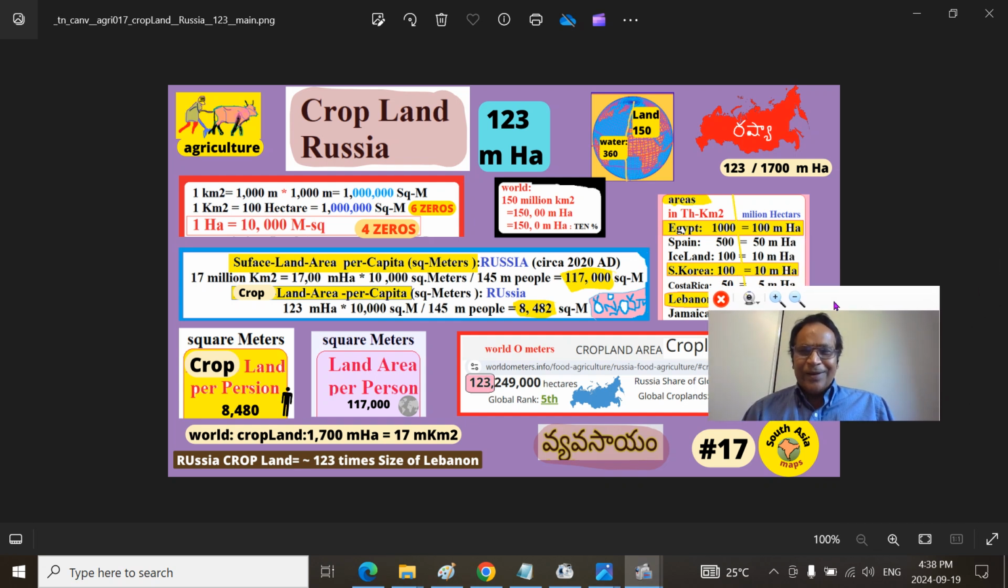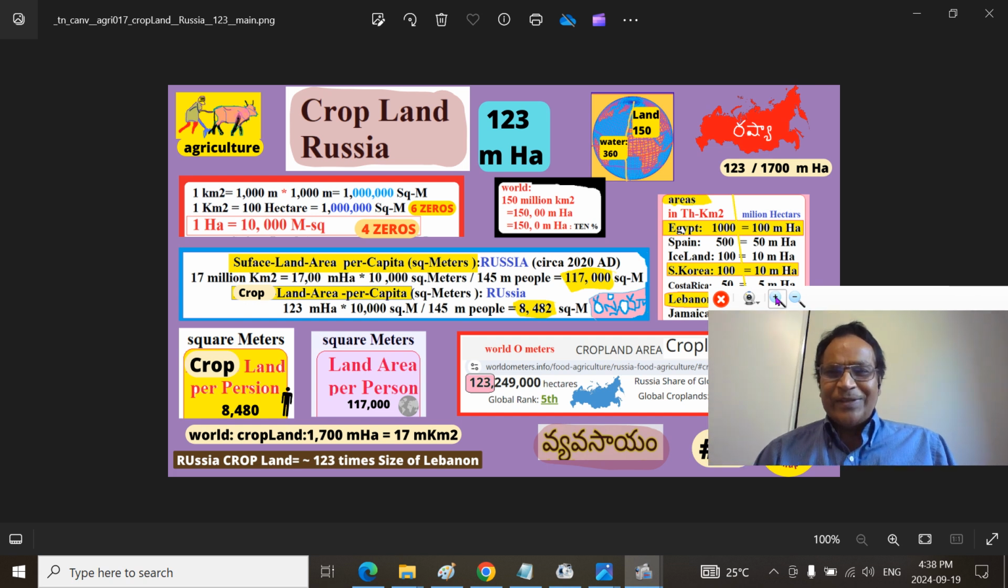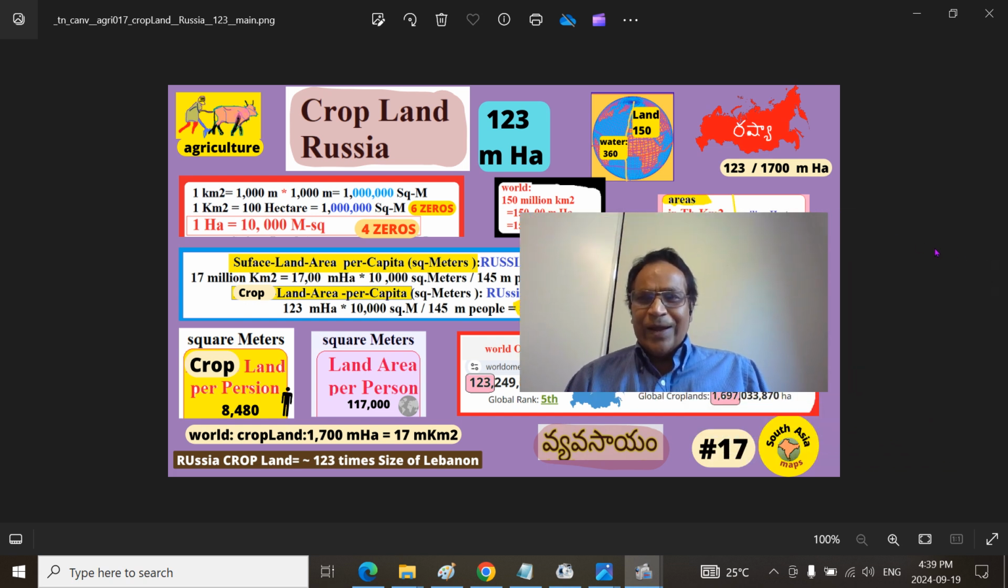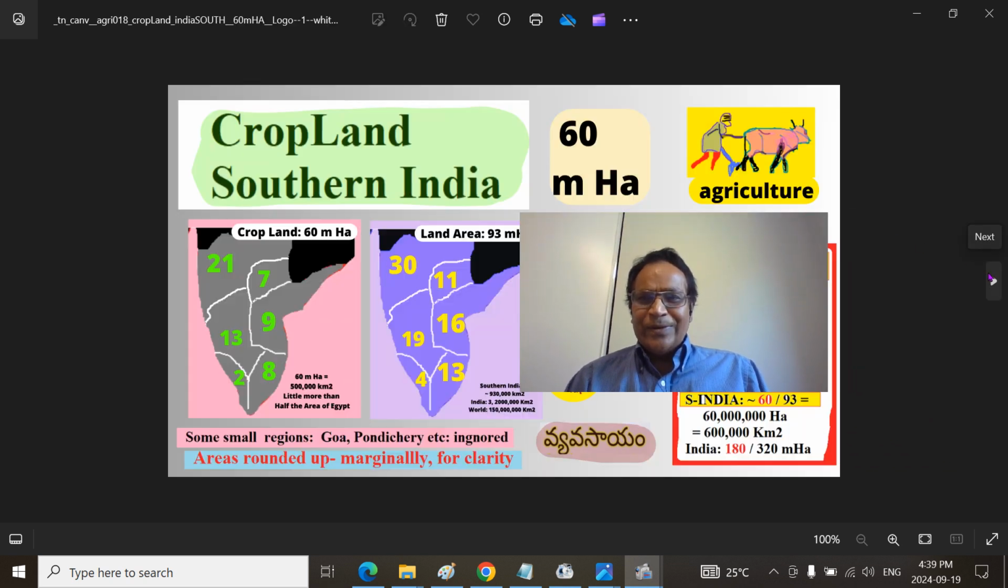which is smaller than the agricultural land that includes the grazing land, pasture land. Hope next time we'll see you in the 18th part, how much cropland South Asia, the southern part of India,